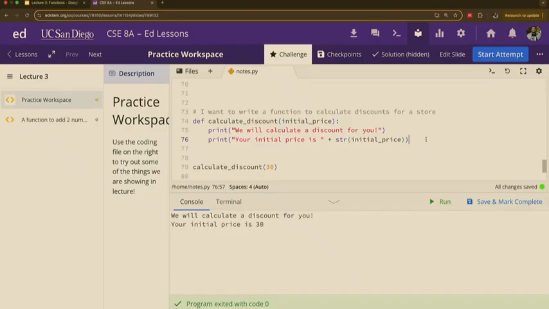If we have $30, a 10% discount on this would be what? First we need to get, what's 10% of 30? 3. 10% of 30 is 3, right? And then we subtract that to get 27, okay?